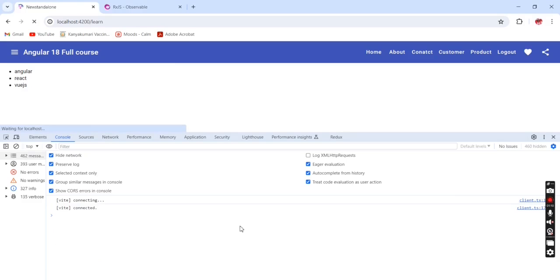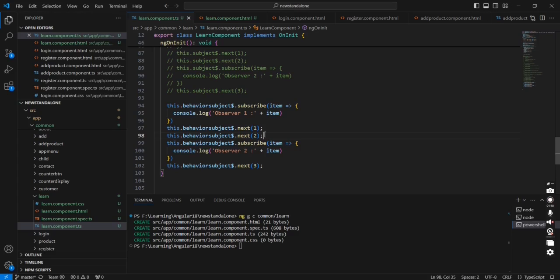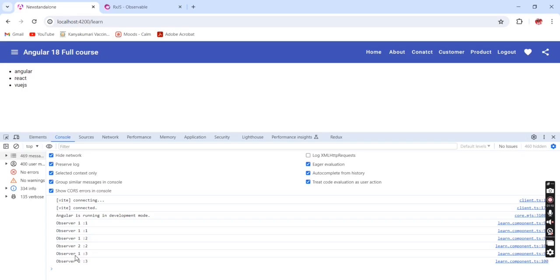And see the response. Again the same, observer 1 got the initial value, then it is changed into 1 once again, so we got the 1 two times, and then it is changed into 2. Okay, up to this, the previous value we got, then we got this 1 and 2. Okay, so next in this observer 2